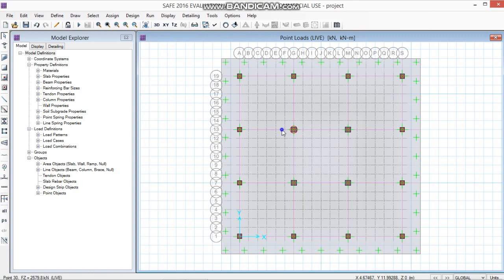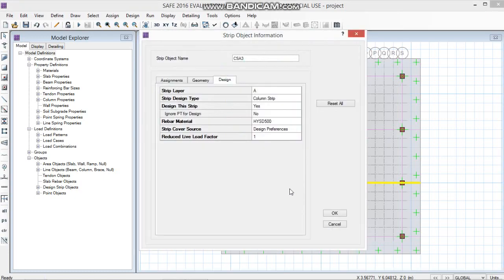Okay, so you can see all the design strips in A strip layer have been assigned HYSD 500 reinforcement.